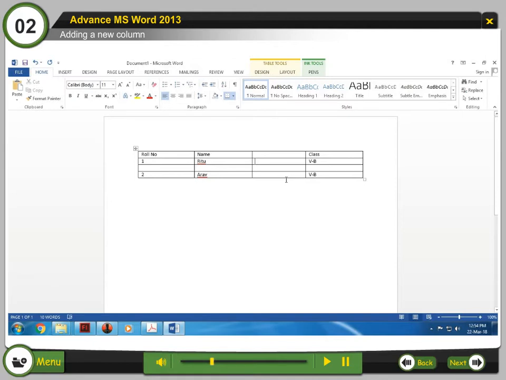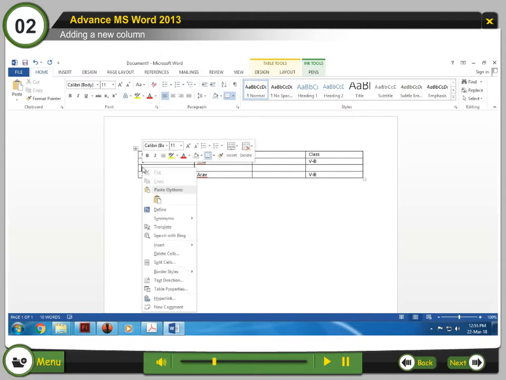Alternatively, you can right-click the table, then move the mouse over Insert to display various row and column options. Step 1. Right-click on the table and select Insert from the menu. Step 2. Select the required option.